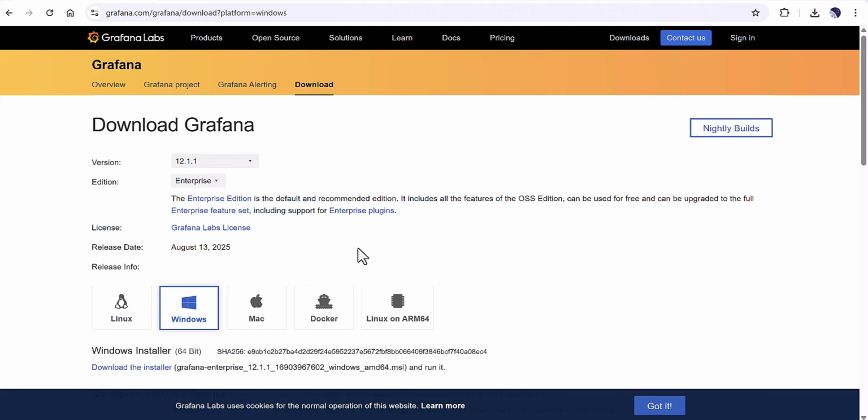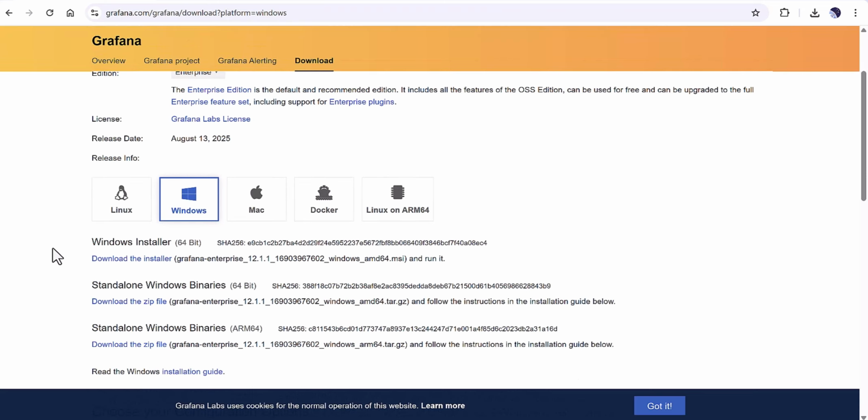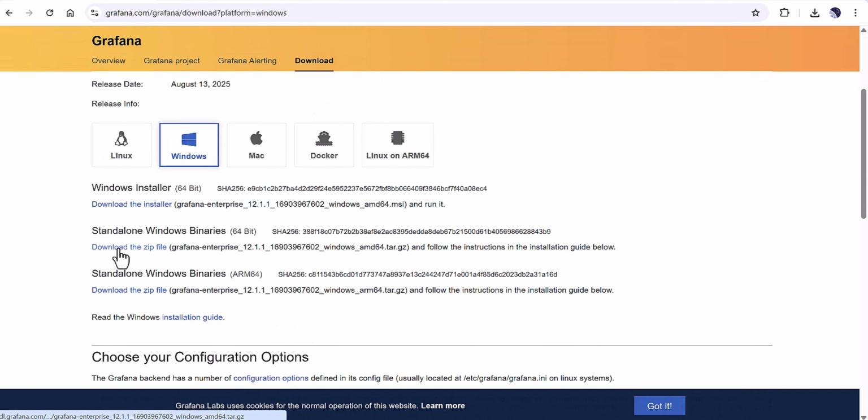But again, you can use both. In this regard, I went with the Enterprise version, and I also went with the binary part of it. Download the zip file, and you can extract the zip file, and there is then the server. So I have already downloaded this file. Let's jump to my folder and see how you can run